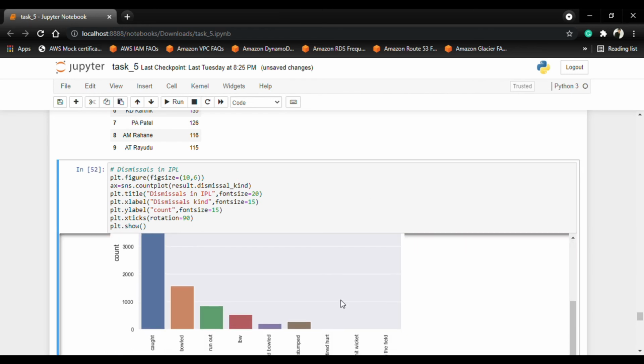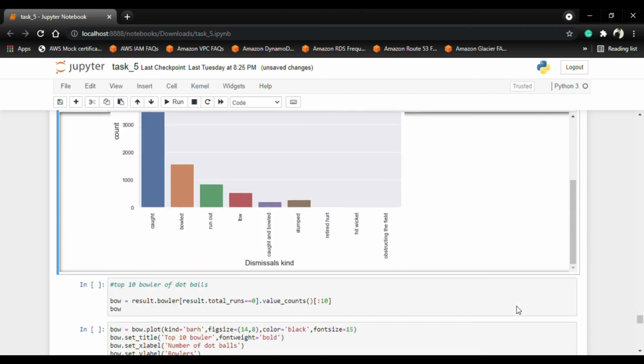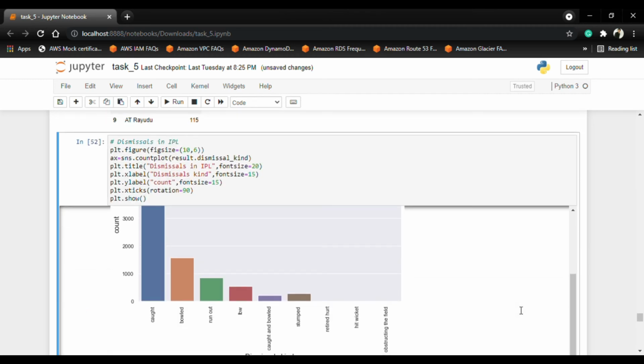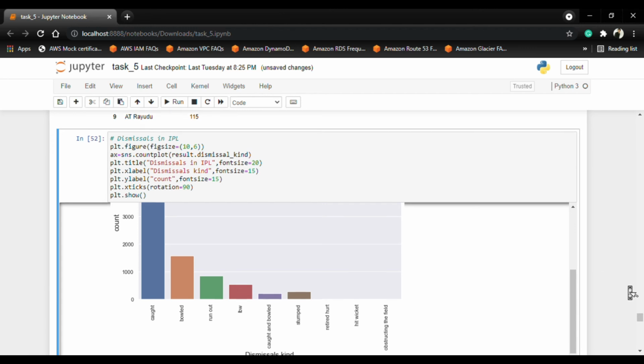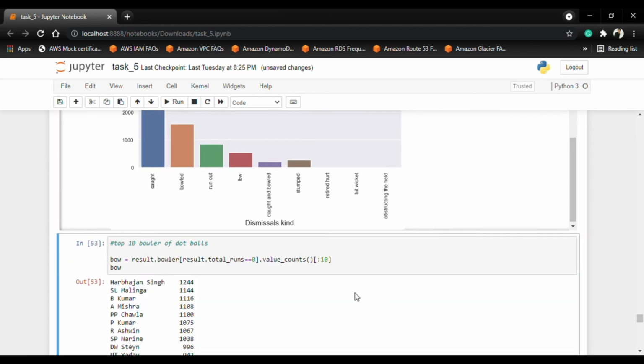The most common wicket dismissals in IPL are caught, then bowled, and then run out. And this is the top 10 bowlers for dot balls. Harbhajan Singh is 1244.